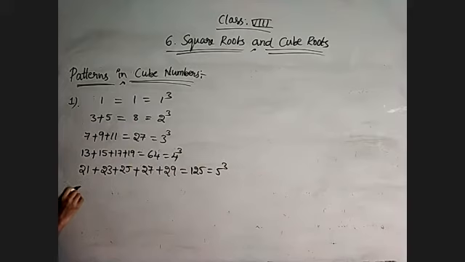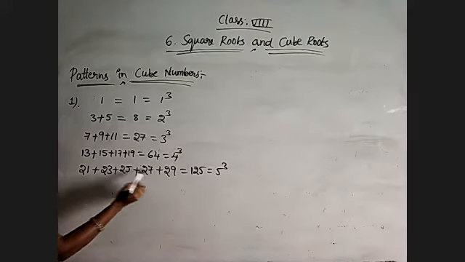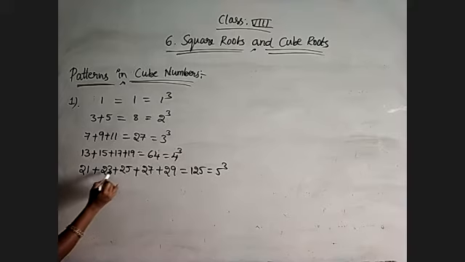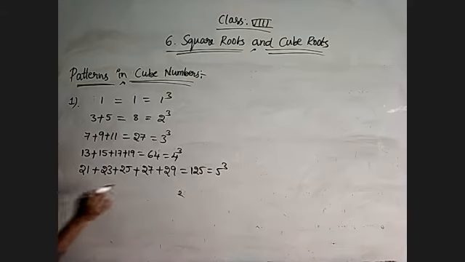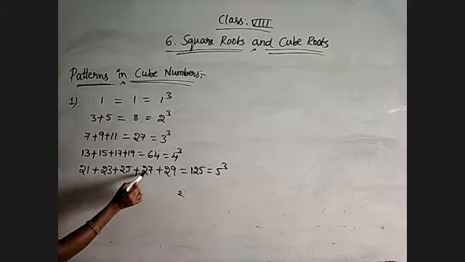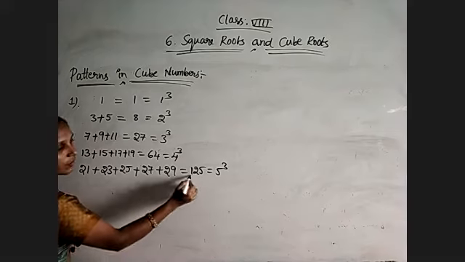Just observe that. 9 plus 7, 16. Okay. 16 plus 5, 21. 21 plus 3 is 24. 24 plus 1 is 25. 5. 2 is there still. 2 plus 2, 4. 4 plus 2, 6. 6 plus 2, 8. 8 plus 2, 10. 10 plus 2, 12. 120.